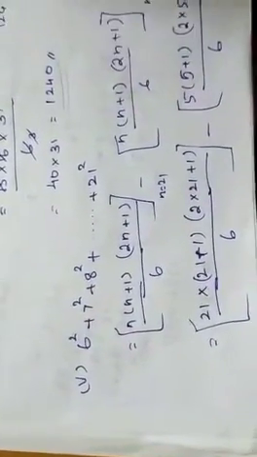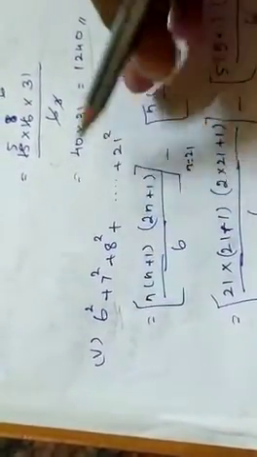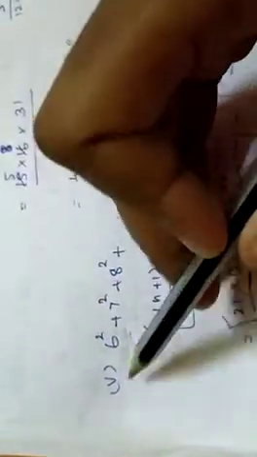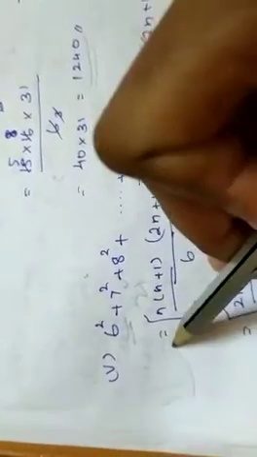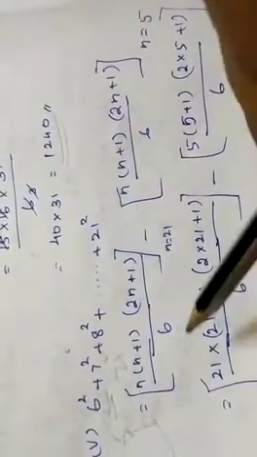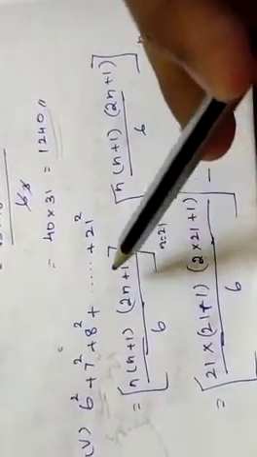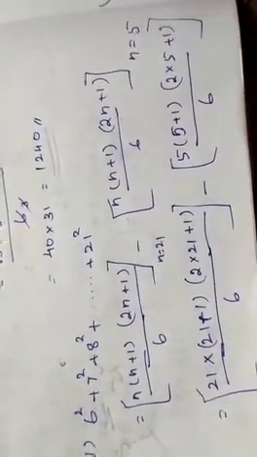Okay. So our fifth part answer is 6 square plus 7 square plus 8 square till 21 square. You already know what is happening here. So from this the natural number squares are continuous, but before that we don't know. So we'll get 1 to 21 first, then we'll subtract it with 1 to 5. Okay, that's it. We are doing it here only. So you can see n into n plus 1 into 2n plus 1 divided by 6, where n equal to 21, minus n into n plus 1 into 2n plus 1 divided by 6, where n equal to 5.